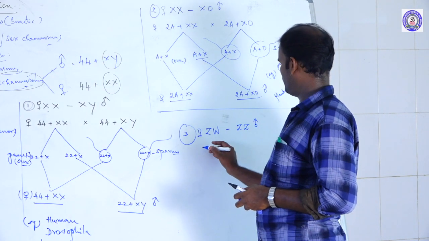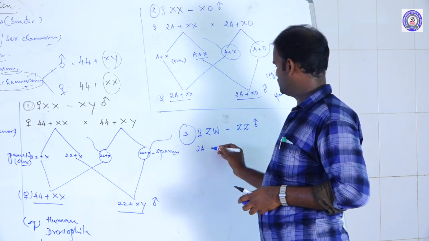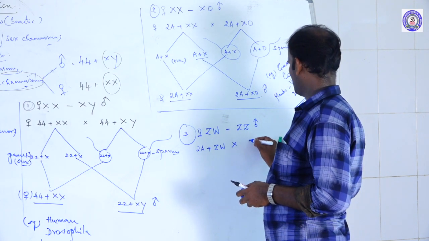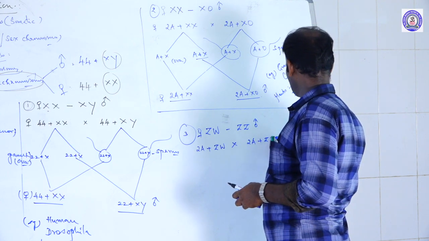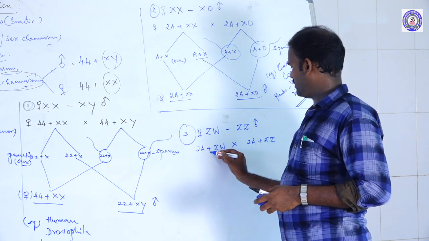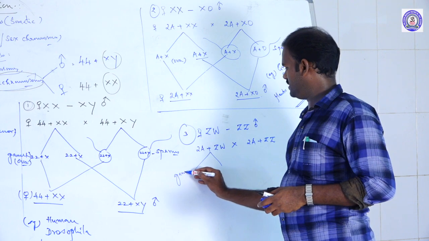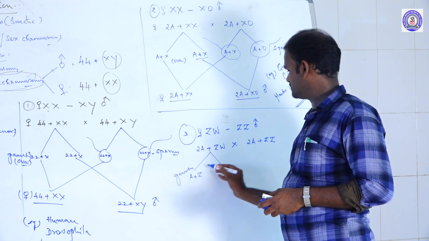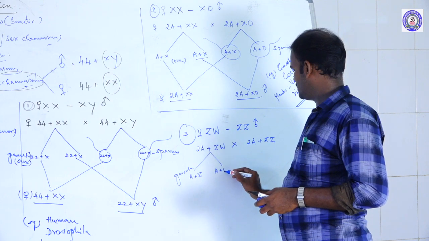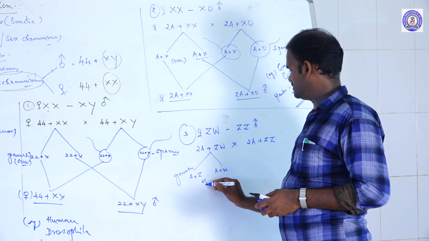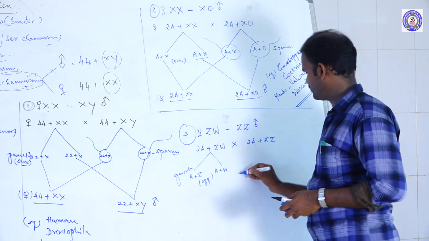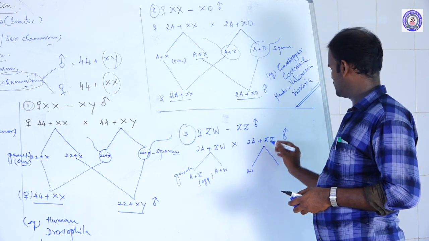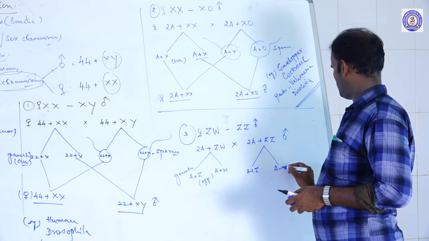So here both male and female have only two autosomes. ZW in the parental generation is crossed with 2A plus Z Z. At the time of gamete formation, the number of chromosomes is reduced: A plus Z and again A plus W. So two different eggs are formed in this type of sex determination. Then in male, sperm A plus Z, again A plus Z.